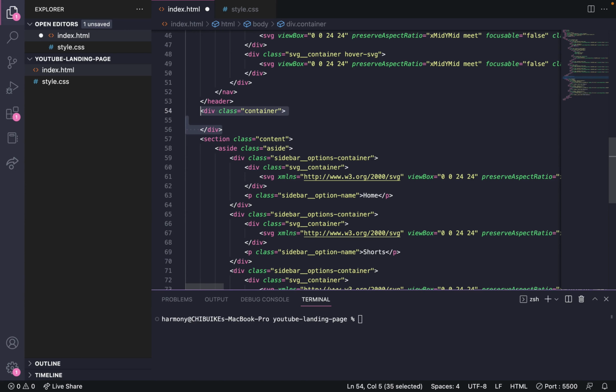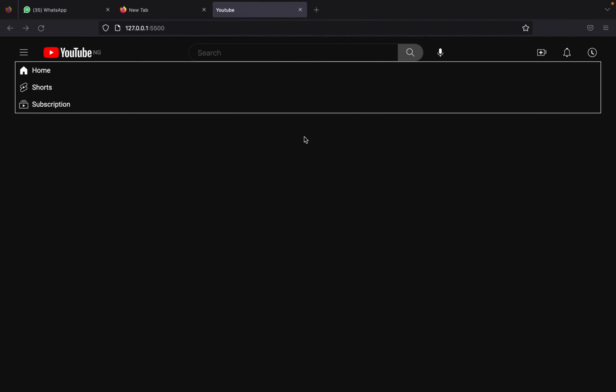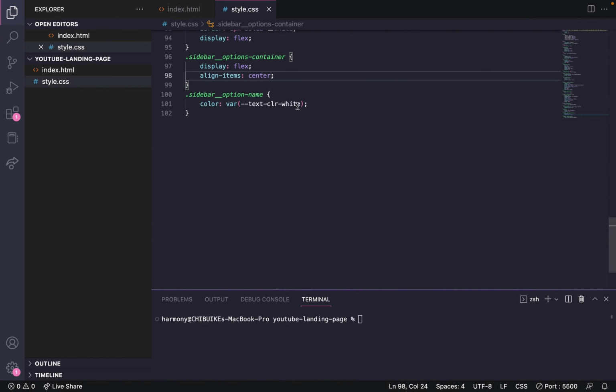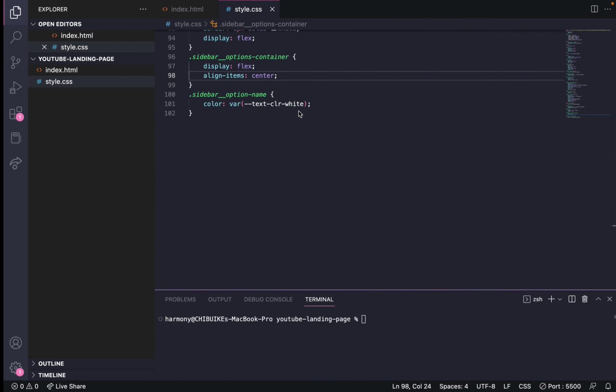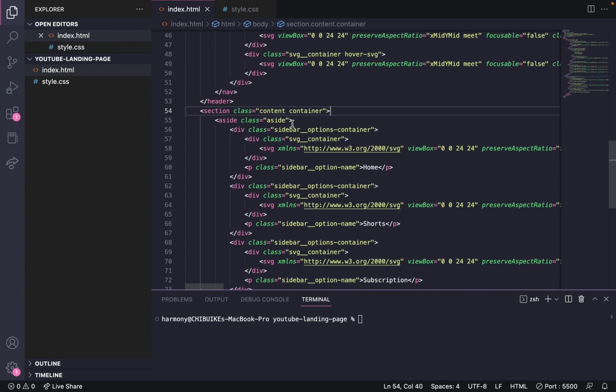You can put the container class inside here and you get something like this. It's not bad, it's still the same thing. Then I'm going to put a class around